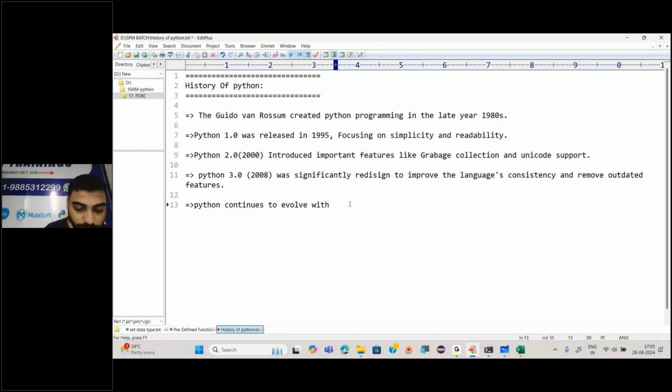With regular updates and maintaining its popularity and expanding its ecosystem, right? So this is all about the history of Python, how they created it, when they created it.